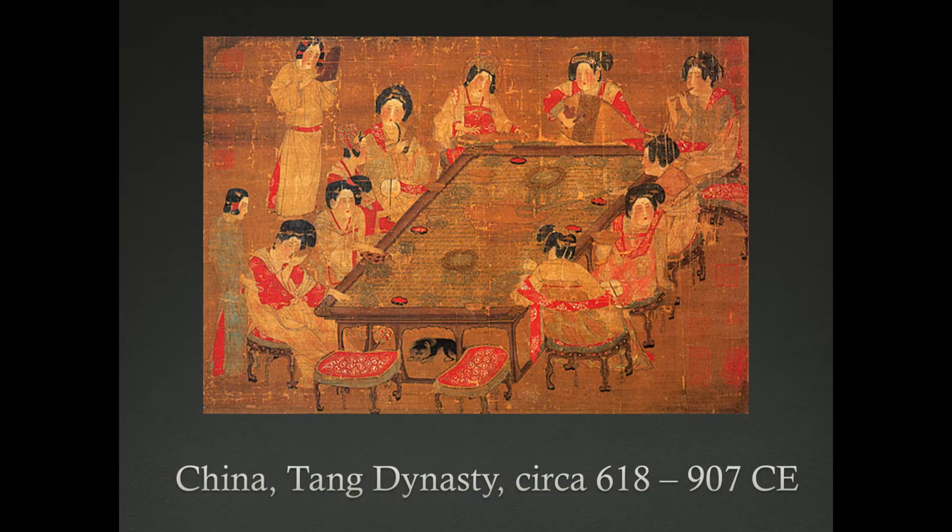Okay. In this image from China, Tang Dynasty, we have again some overlapping of figures, and we have this representation of a table that appears to go backwards in space. However, all these figures are the same size relative to our viewpoint. If you were to measure the size of their faces and their bodies, they occupy roughly the same scale on the image,